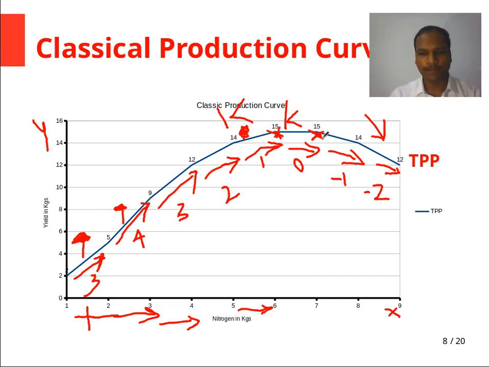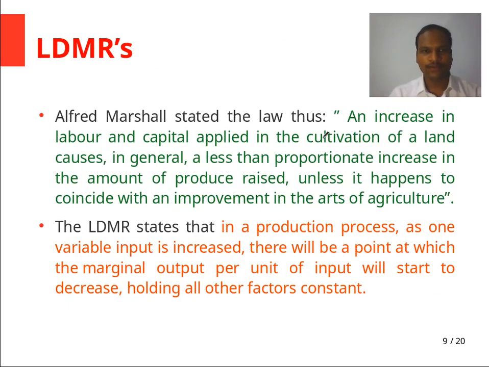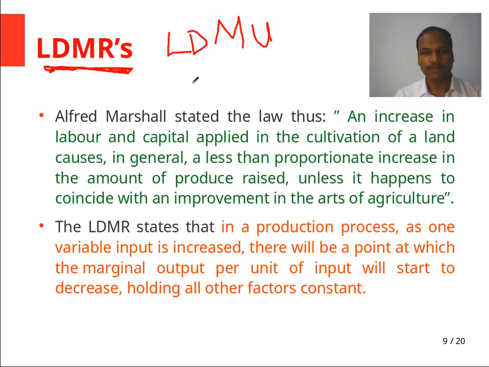This situation is known as the law of diminishing marginal utility. We have seen about the law of diminishing marginal utility also, na? What it says is, when the person consumes more and more of a good, more and more of mango, the utility derived from an additional unit goes on decreasing. We have seen this in our previous classes.